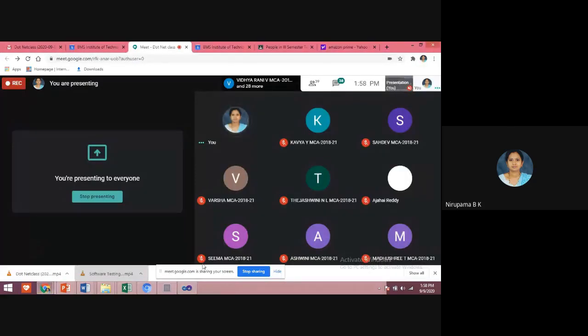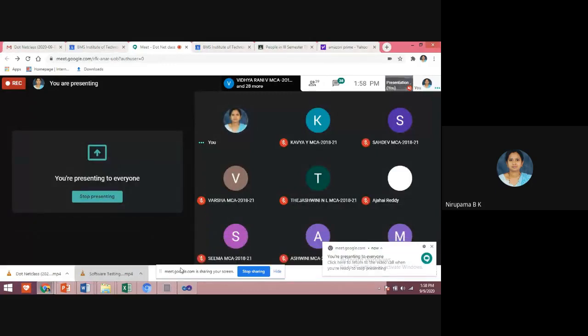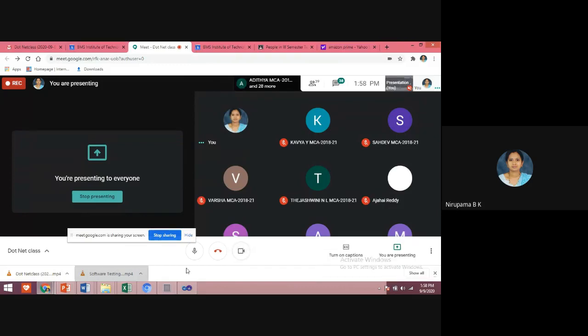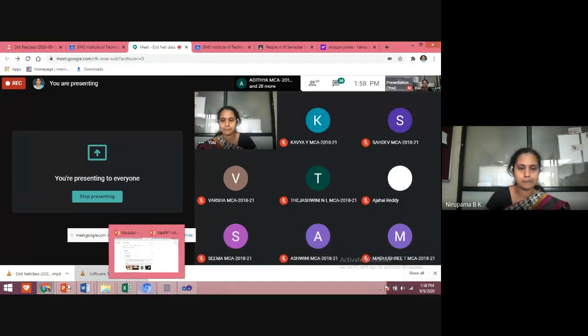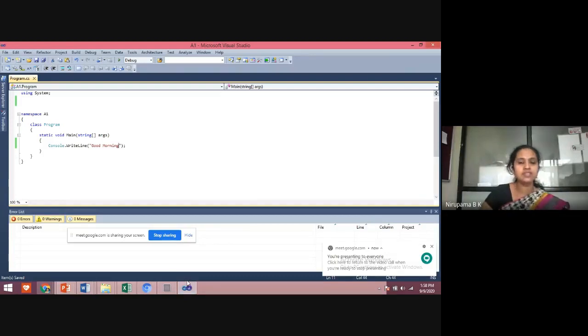Students, is the screen visible now? Yes. You have a shortcut key F5 and you also have an option, that is an icon.